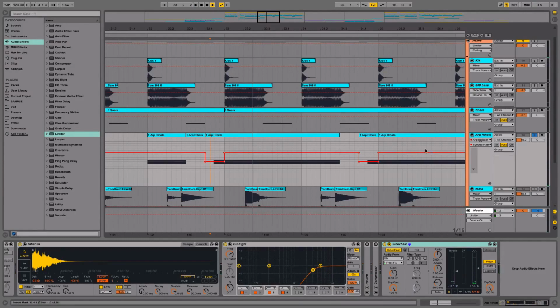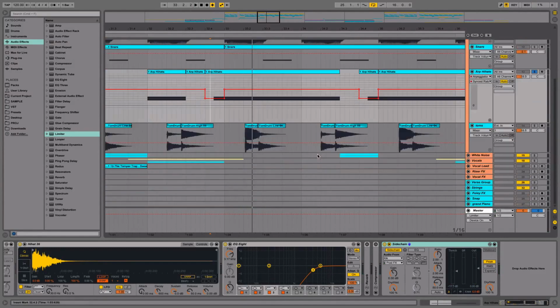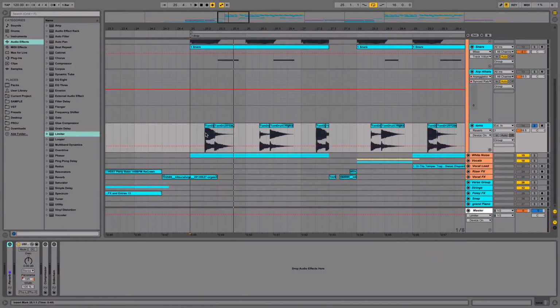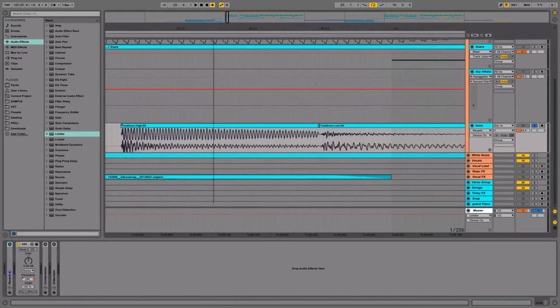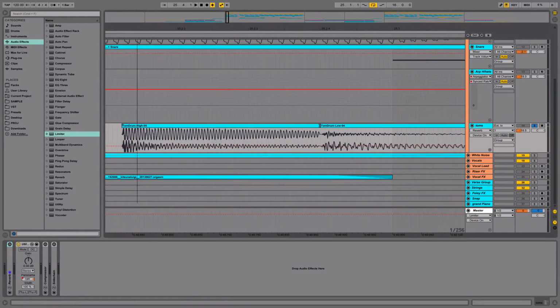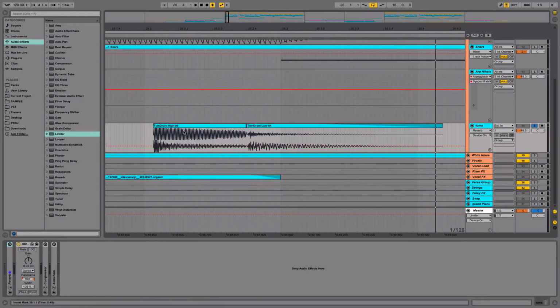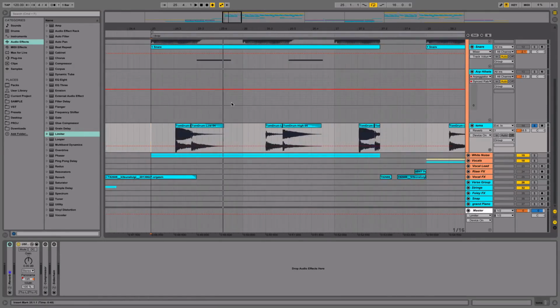Just a little bit to give the kick more space. And then I added some toms in there, so 2 toms placed like this, humanize just a bit, give it some more human feel to it. They are a little bit off the grid. And yeah, these are 2 samples,